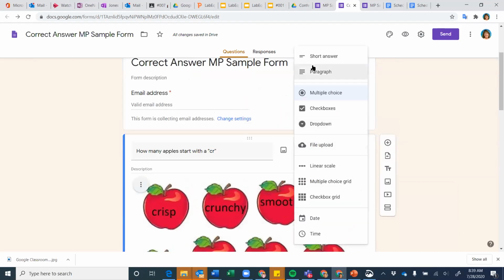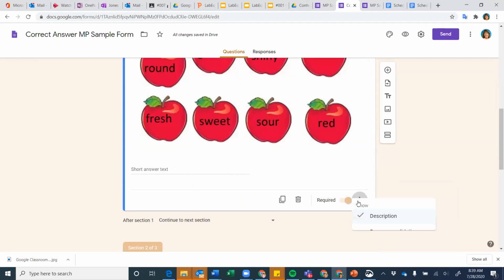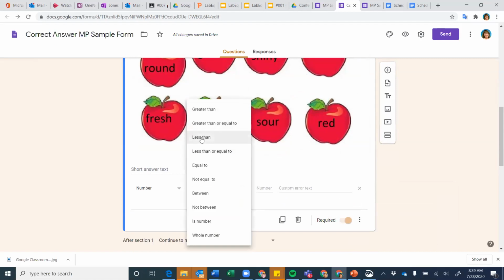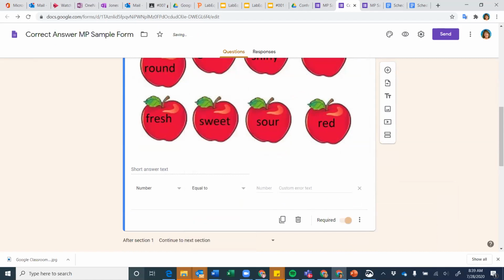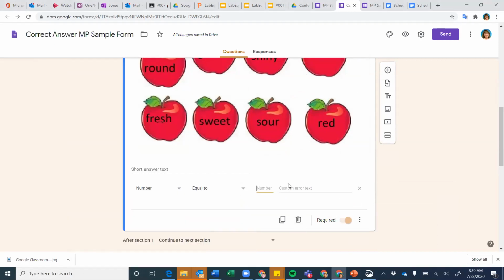Oh, you guys, I'm losing my mind. So short answer, I can require text. That's what I want. I can do response validation on short answer text. And so if I want them to say that the number equals two,